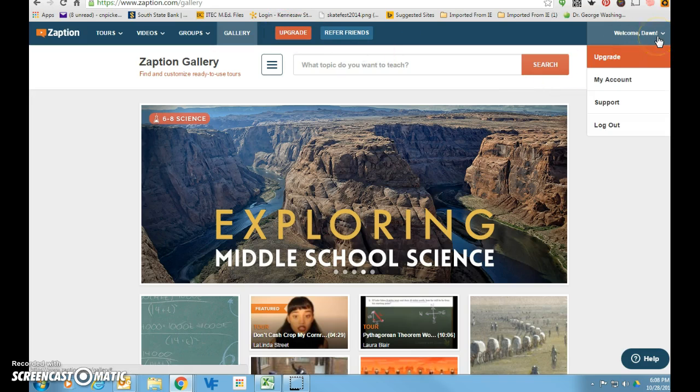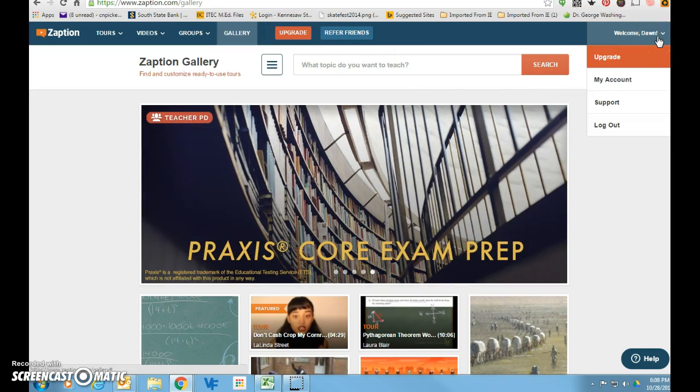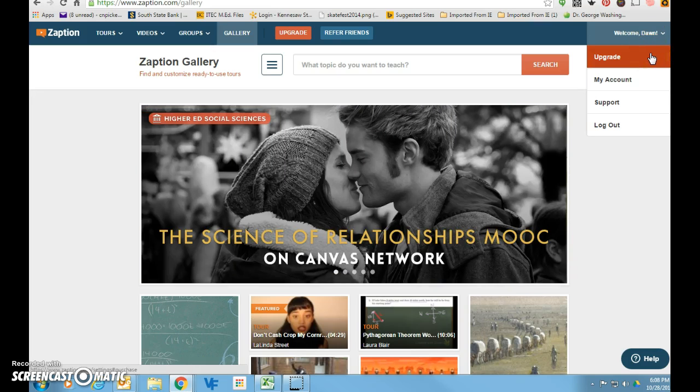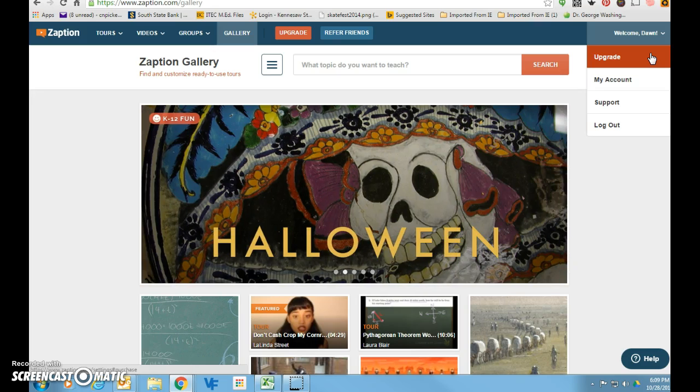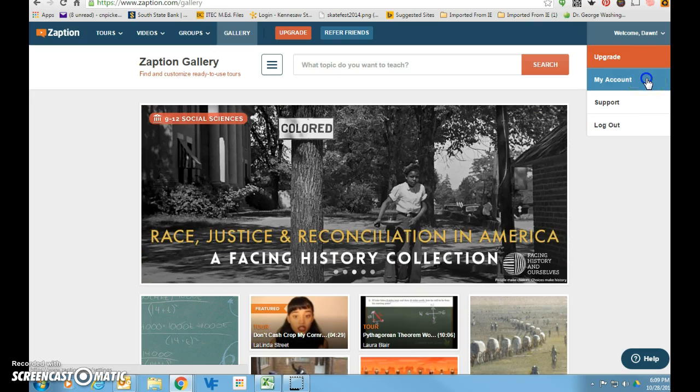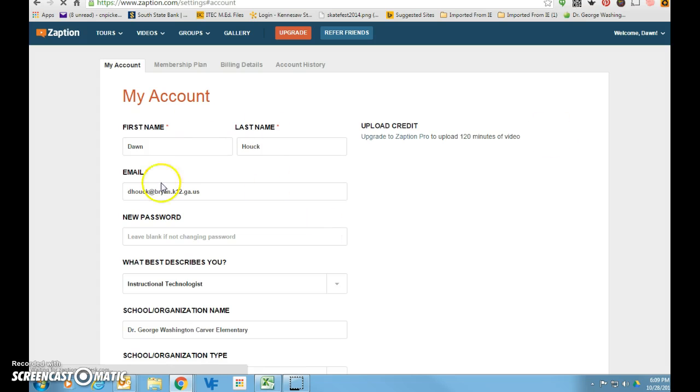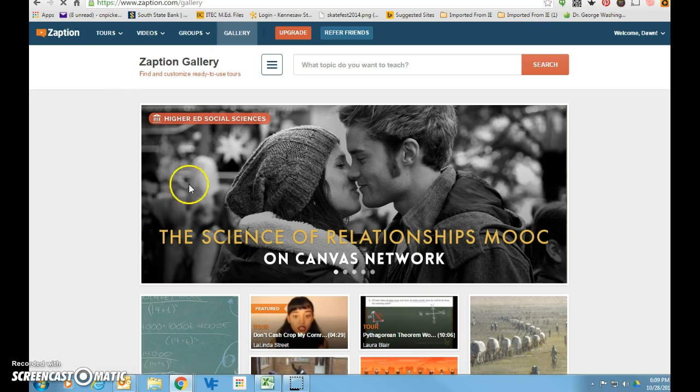Over on the right-hand side, that's where you have your account information. There are many parts of this tool that are free, but you can have some additional features if you choose to upgrade, and of course there's a cost to that. My account has some settings in it as well if you needed to change anything, such as a password or something like that. I'm going to go back to tours, and I'm going to give you an idea in the Zaption gallery